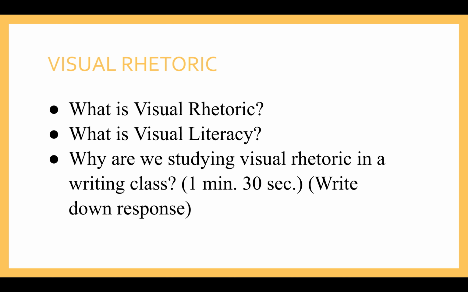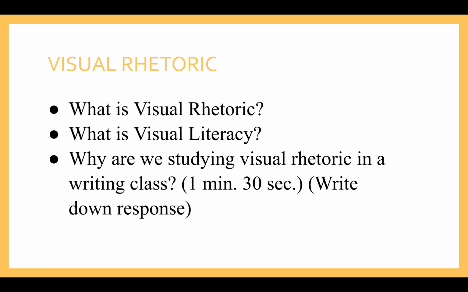So visual rhetoric, we talked about that. It's an image that makes an argument, right? Rhetoric is the art of persuasion. It's using the available means of persuasion. It's the good man speaking well. Textual literacy is being able to read a text. Visual literacy is being able to read an image. So you're able to look at an image and understand what it's doing rhetorically and how it's doing it.